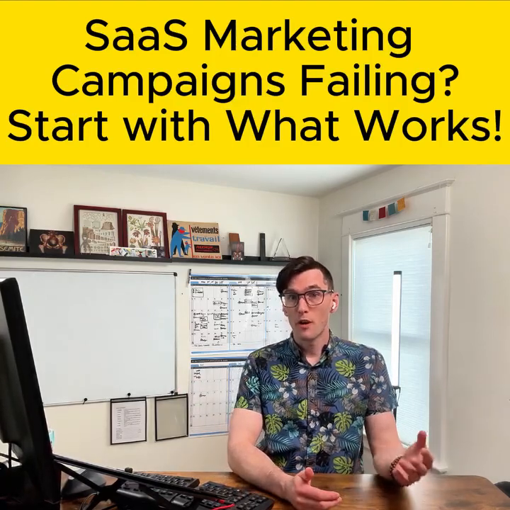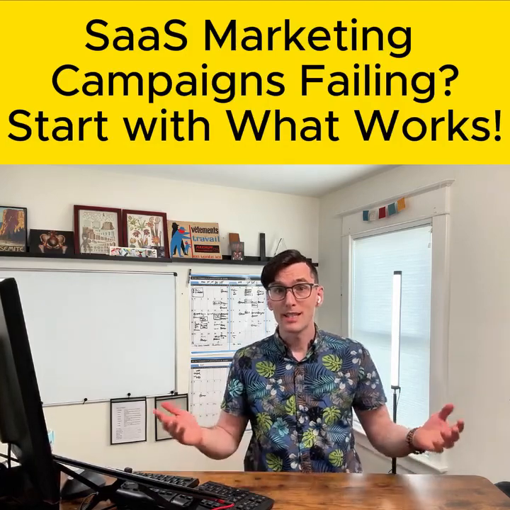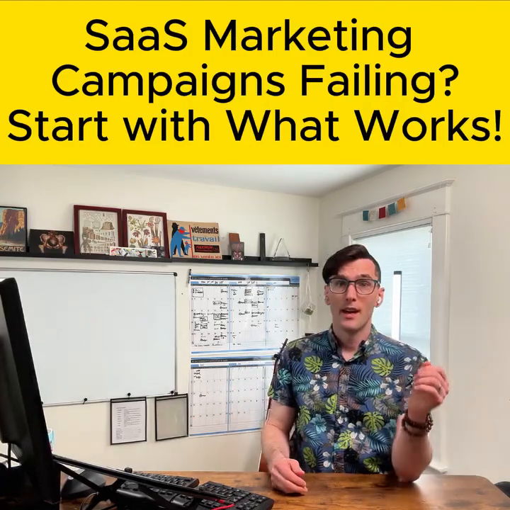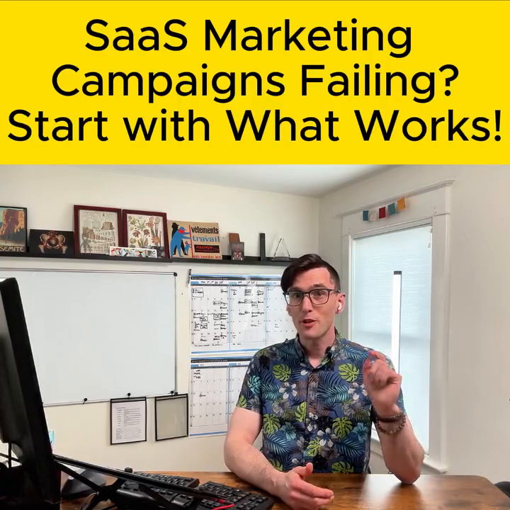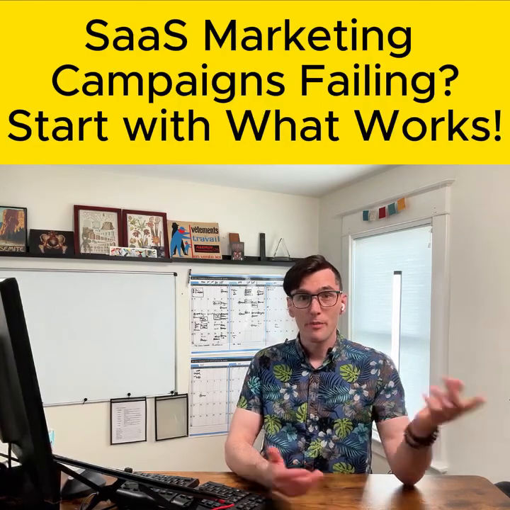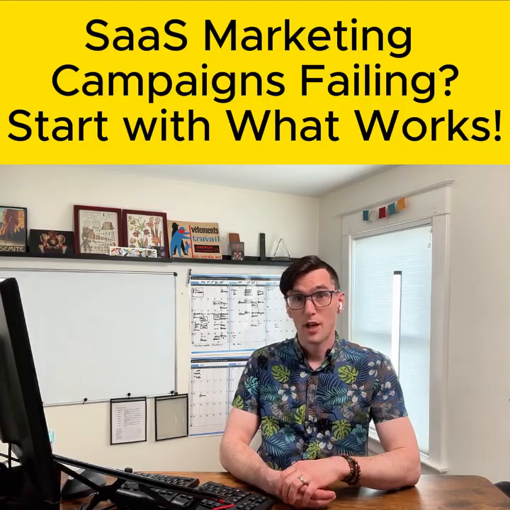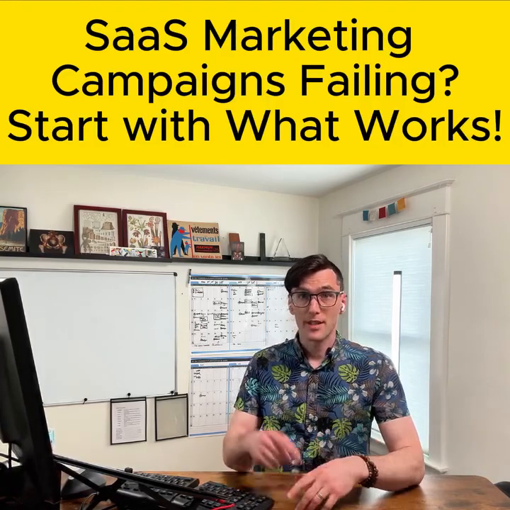So we're going to avoid all of these random one-off tactics by taking a step back and just collecting data on what works. What do we know about the customer? And you don't have to spend as much money testing if you start with what already works. So remember, your competitors have already done all the market research that you need. And there are 5 steps to collecting data on what works so that your SaaS campaigns optimize faster and improve their ROAS. Let's take a look at the whiteboard.